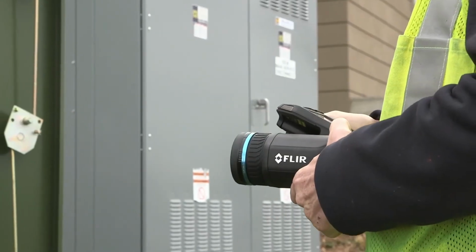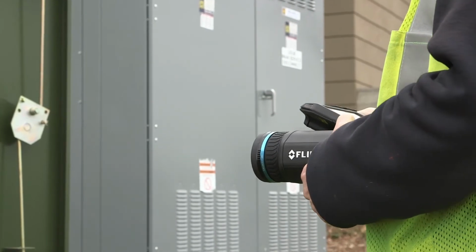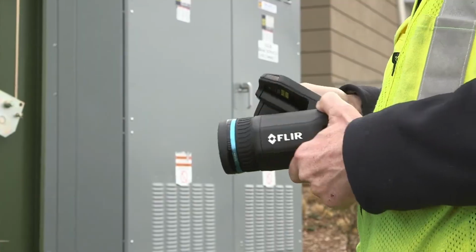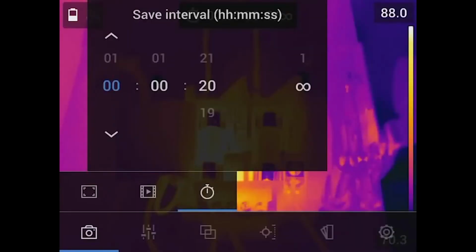In the menu structure, we can do what's called a single shot. You can record video, and you could actually even do a time-lapse video. And you can see here the interval. So let's say we want to set our camera up, maybe look at a motor control center, maybe look at a hot bushing or a process. You could ask the camera, hey, save an image right now, it's set up to every 20 seconds.